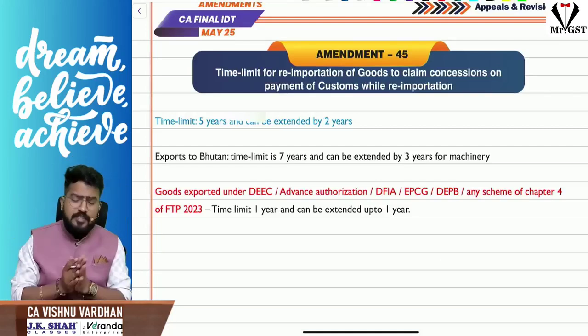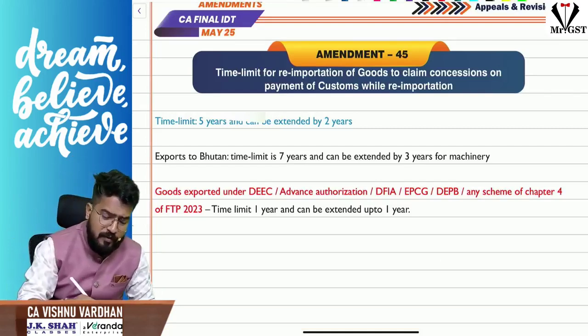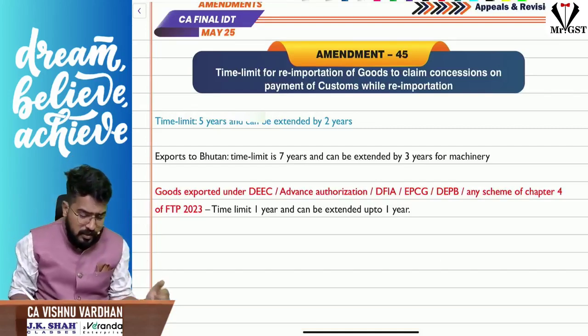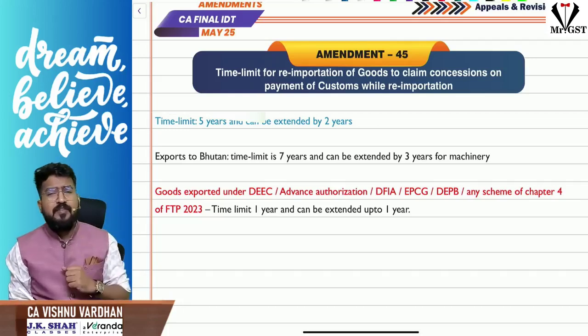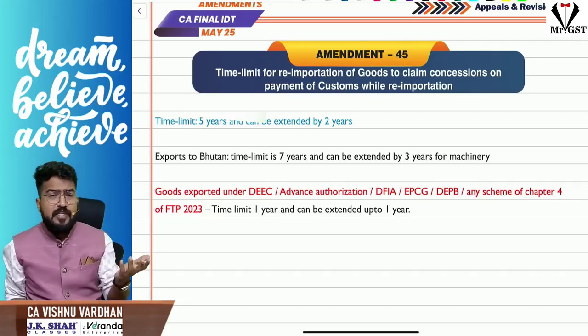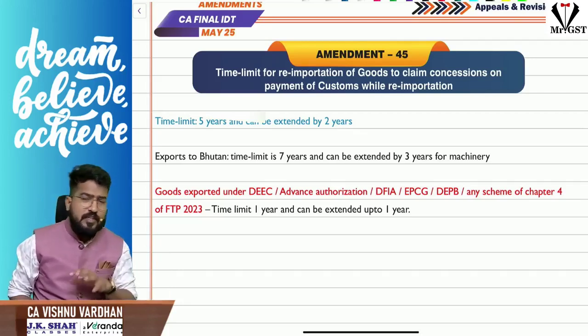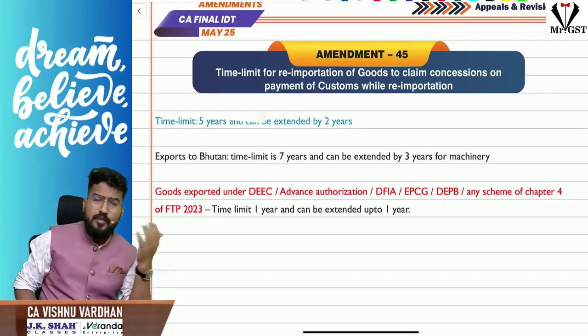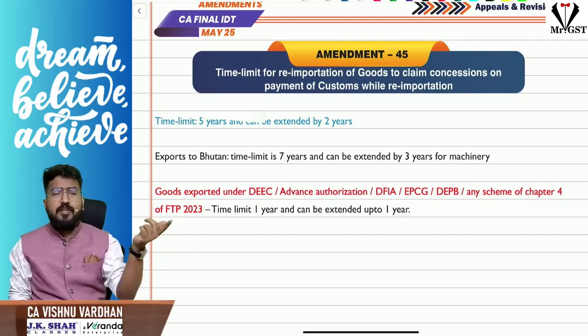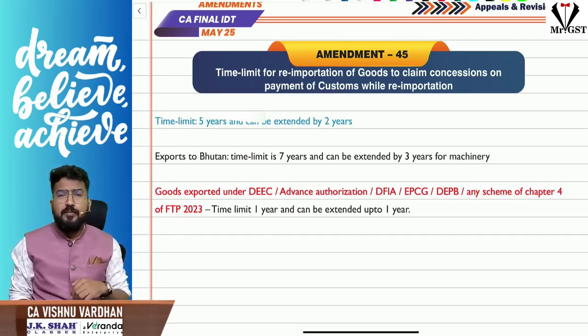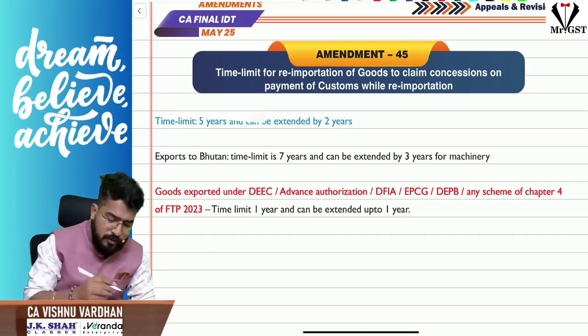So the last amendment here is with respect to whenever we are exporting goods by taking some benefits with respect to duty drawback, or exporting them without payment of taxes, or by paying taxes and then taking the refund, all that stuff, or when you are exporting goods for repairs and again re-importing them back. In these cases, if you remember section 20